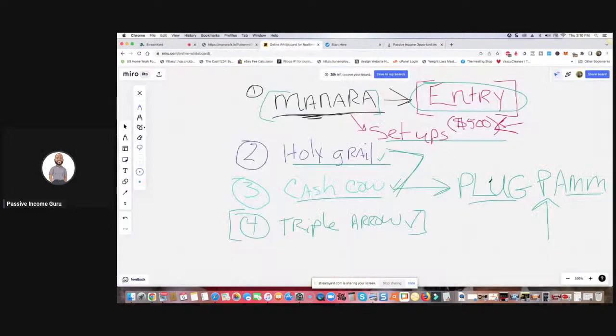So what you can do, you can join the PAM, right? And basically what I can start doing in my group, if you want to copy the trades from the plug, is I can start calling out the trades that are happening with the plug, which are called out or emphasized or encouraged with the cash cow indicator. So both of these, the cash cow indicator and the plug, go hand in hand because we're using the cash cow indicator to make profit on the plug PAM. Okay, hopefully that makes sense.